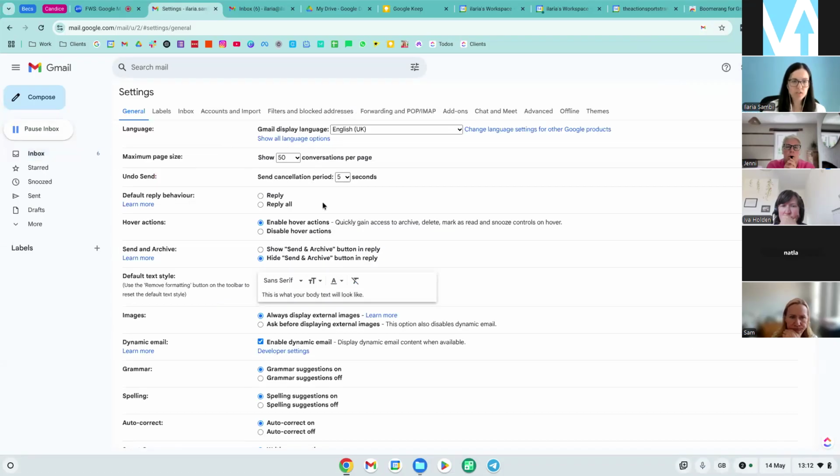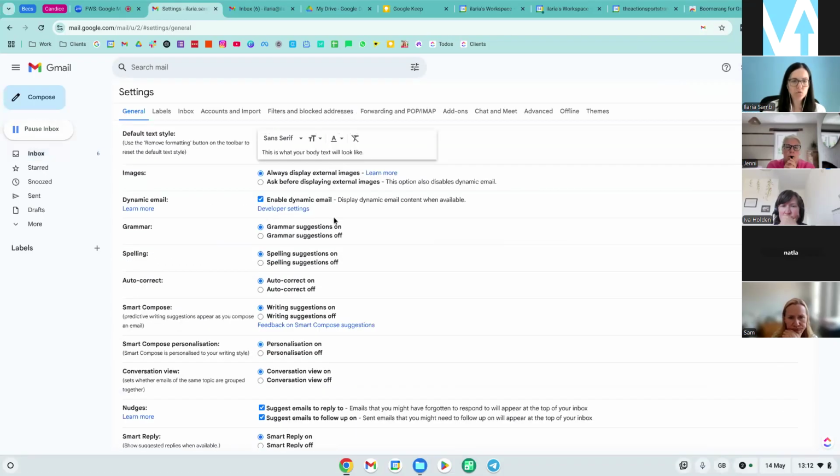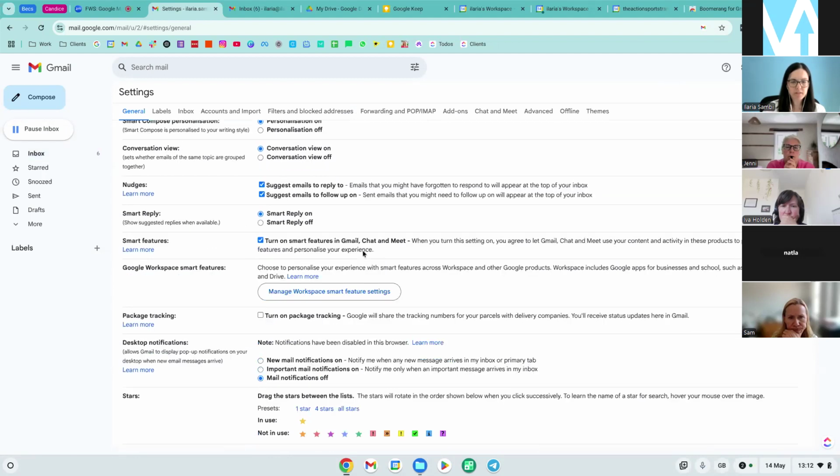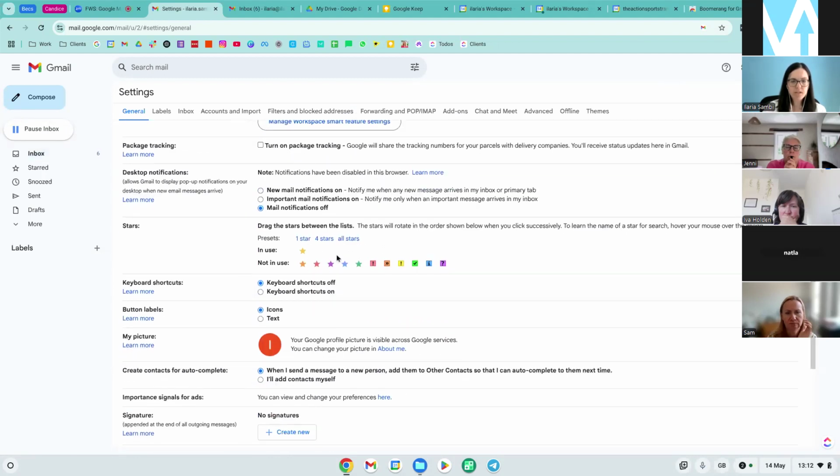So first, for the multiple inboxes, we need to scroll down in the general tab, and we select here, where you've got all these stars and different symbols. We need to think about how we want to organize our inbox, so what we want to signal to the system, what we want to remind ourselves about these emails. Usually you will have, for example, things to come back to.